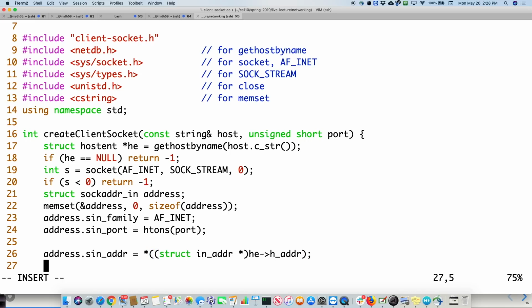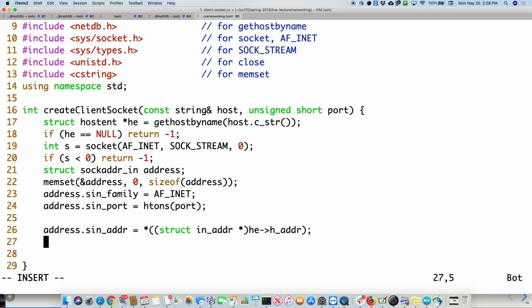So now we are casting that 4-byte int we got to an actual struct to make sure it goes into the struct correctly. Why? Because it's a struct and not actually an int. That's the way it goes. Okay. So we do that. And then we call this connect function. We are passing in the socket that has nothing associated with it yet. We're about to do that.